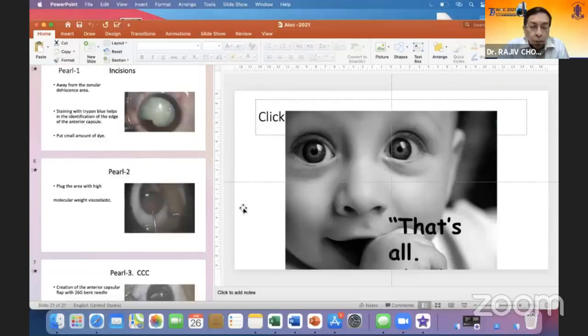Thank you, Rajesh, for the excellent elaboration of all the points of management of the subluxated cataract and the key points too. As it is a vast subject, we have to highlight some